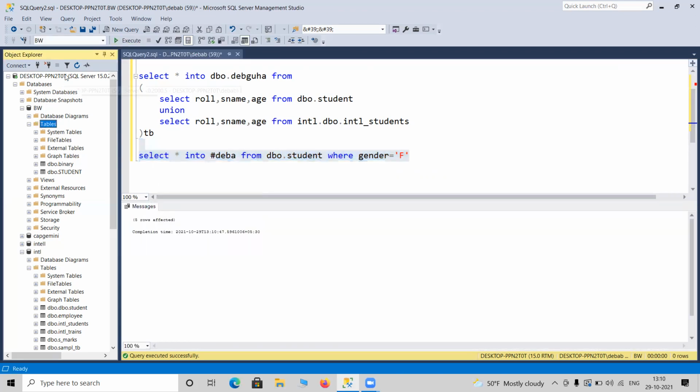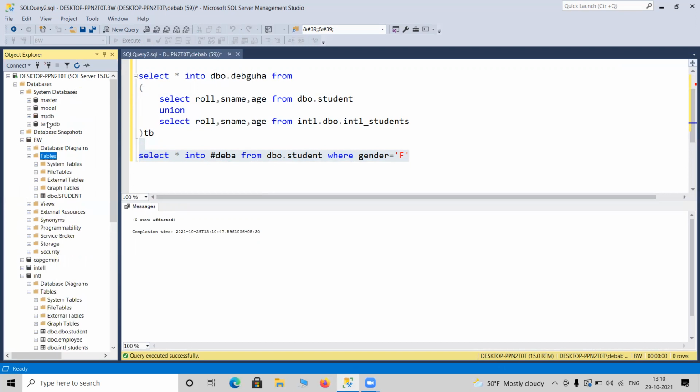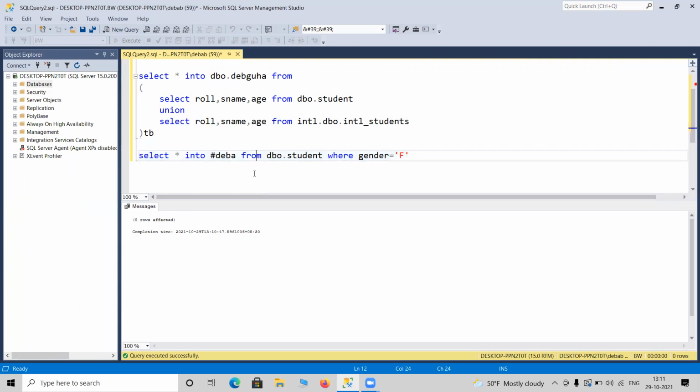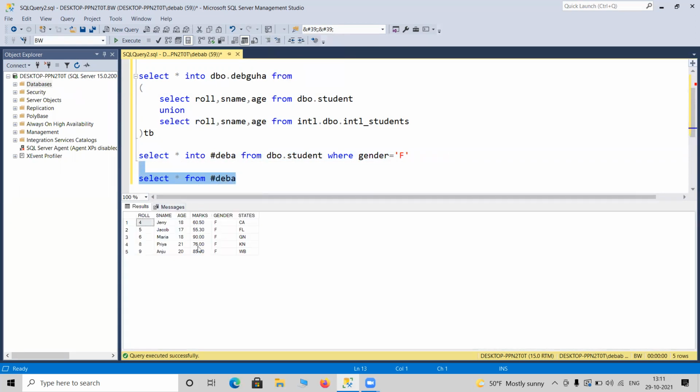Let me refresh the tables now. You cannot see this temp table here because by default it is created in TempDB, but you do not need to know where it is actually created. I will just show you how it behaves. Now if I want to see the data inside, select star from #deba, you will be able to see the data inside.